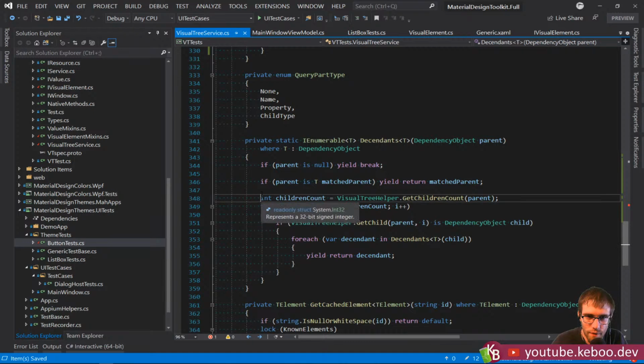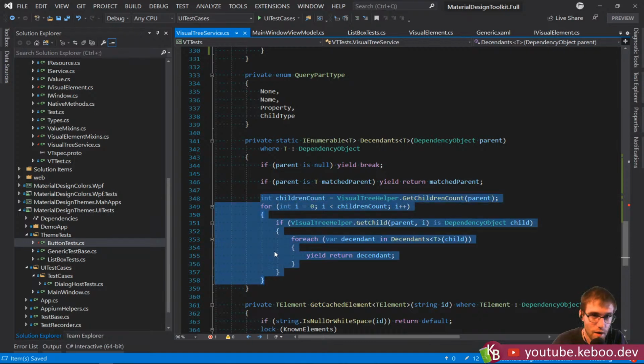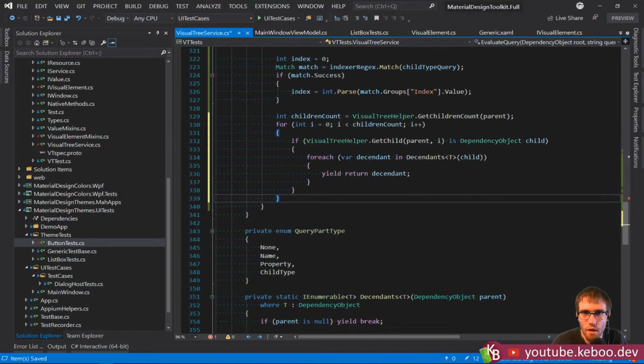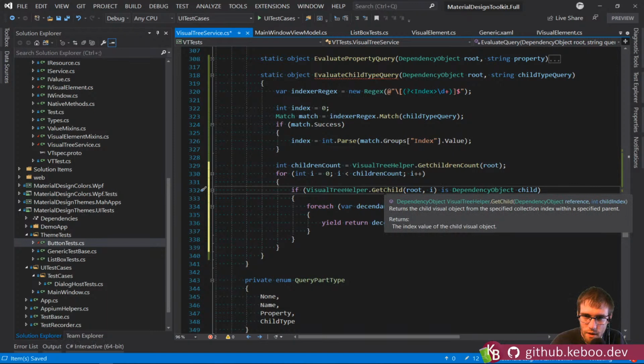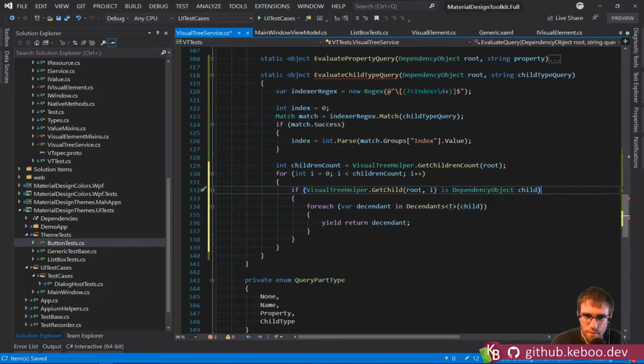But I do kind of want this. I want something that starts like this. So get child count of root, right? So from the element, I want to iterate over them. I want to pull them out. And this is effectively a null check because getChild returns a dependency object. And I think what I want to do